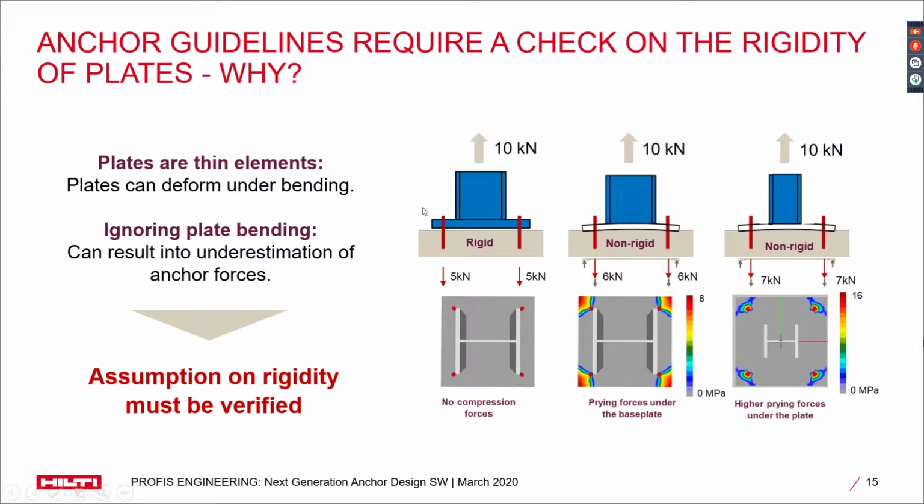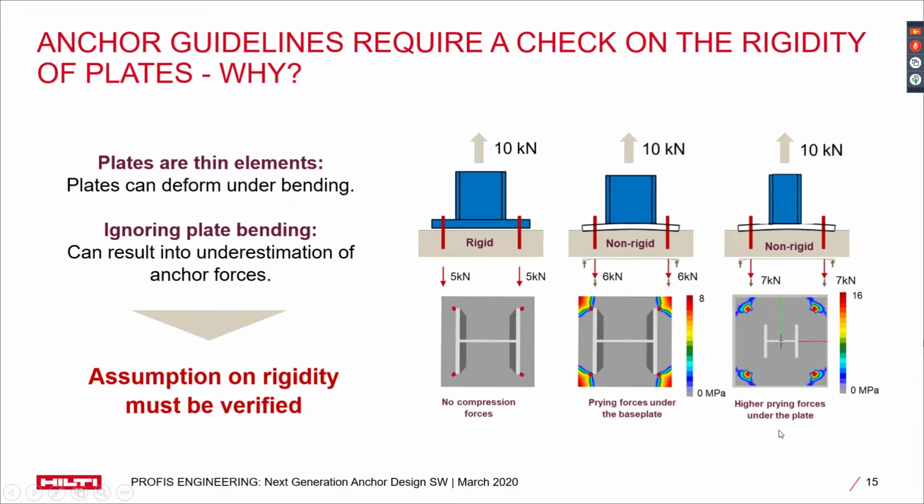For example, we have an anchor connection to resist a 10 kilonewton tension force. For the rigid base plate assumption, with no deformation of the base plate assumed, there will be no additional tension force that the anchor will resist. This is different with the analysis of the fastening considering the base plate deformation. The consideration of prying force induced under the base plate will automatically result in an increase in anchor loads. Many designers and software take this into account by providing approximate prying safety factors. However, this safety factor is often assumed to reduce the pull-out capacity. Now, when we consider the